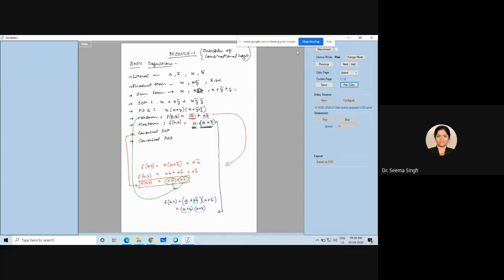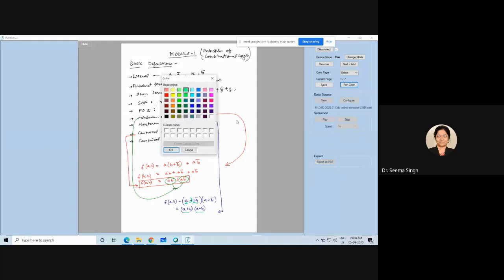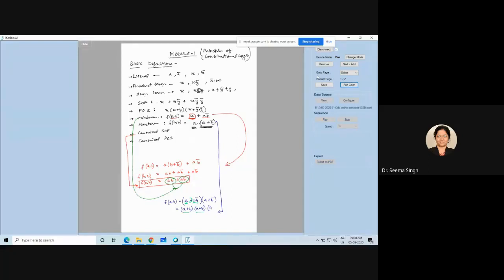Okay, so this is the OR function where it got distributed, and the other one remains as it is. The next term remains as it is, so we need not bother about that. So the next term is A plus B bar itself. Now you can again see that 2 terms are becoming common. 2 terms becoming common means it is A plus B and A plus B bar.